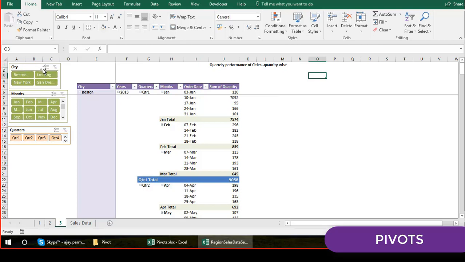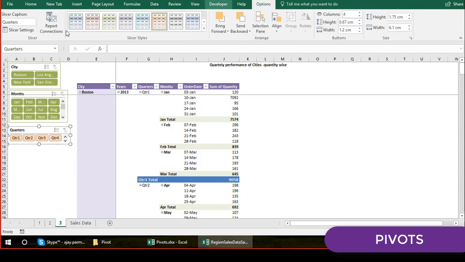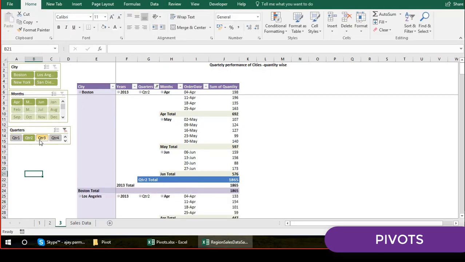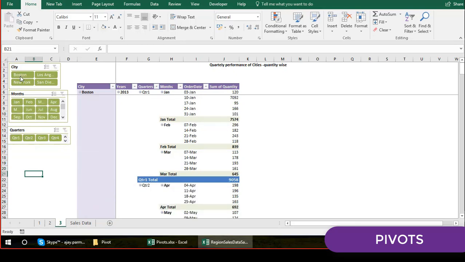So this is how these people can use all these filters from here. I can quickly review my entire data from here. This is how it is. Q4, you see automatically October, November, December are selected. Anytime I want to remove the filter, you can remove the filter. You can tell your user also, because he may not know about this.